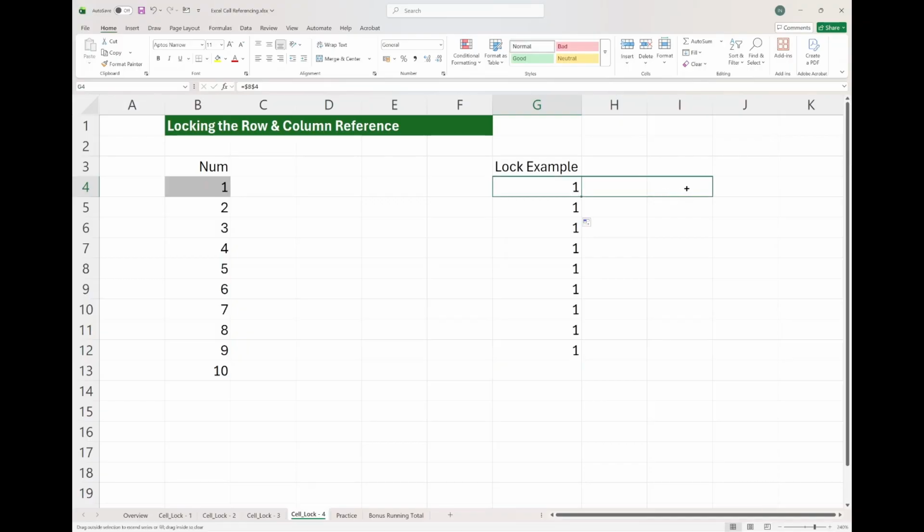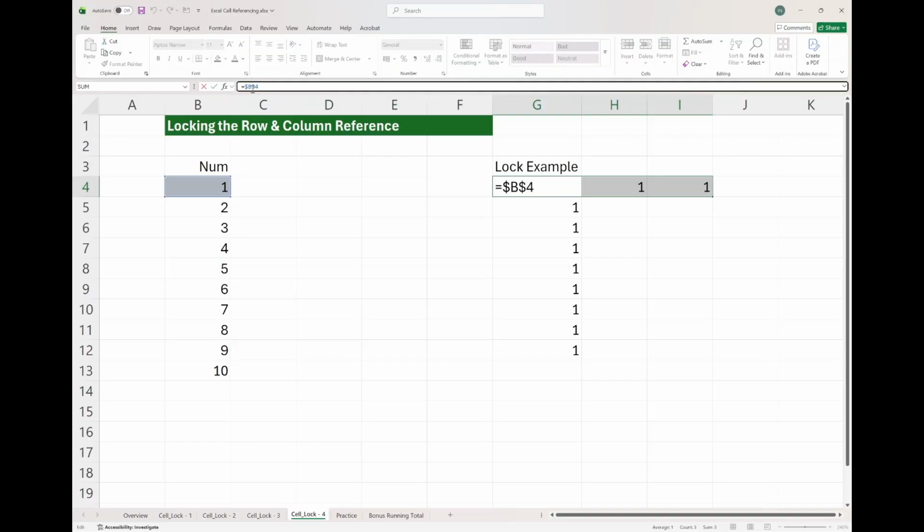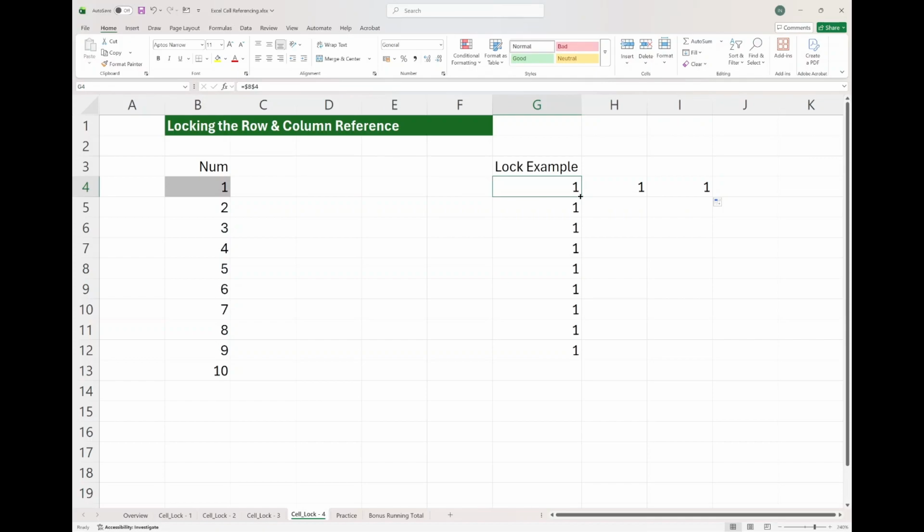If we drag to the right hand side, we can see that Excel is still referencing the cell B4 because again, when you decide to drag, Excel comes to check the formula that you wrote and sees that the column has been locked because there's a dollar sign in front of the column. And the way in which Excel understands this is you are referencing column B4. However, you are trying to drag to the right hand side. Even though you are dragging to the right hand side, I'm still going to reference cell B because the column